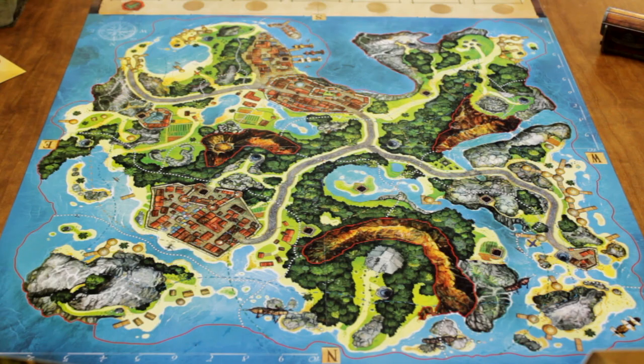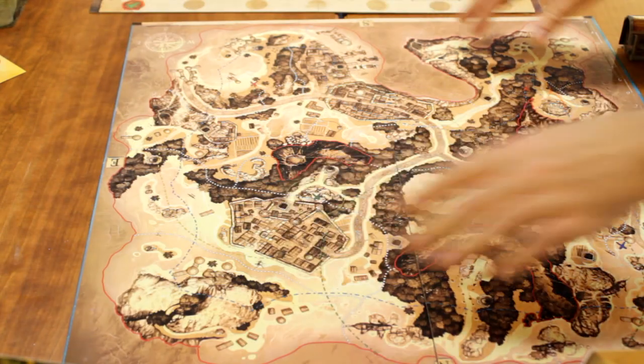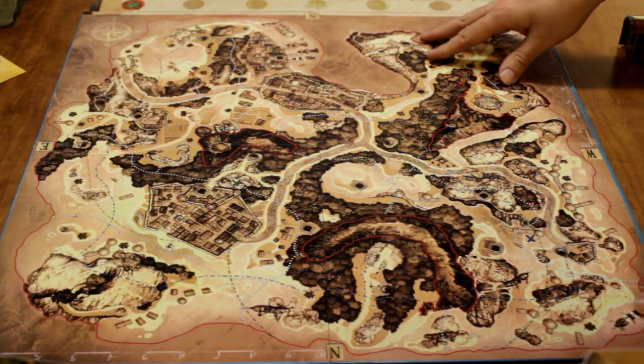The map has a colour side and a more sepia kind of treasure map looking side. We played on that side, partly because we wanted the pen to stand out better on that, and also the other side, it's very pretty, but it's quite visually a bit much for the camera. So we played that in our first shoot that we did way back when,